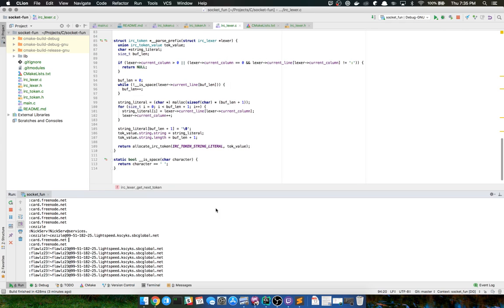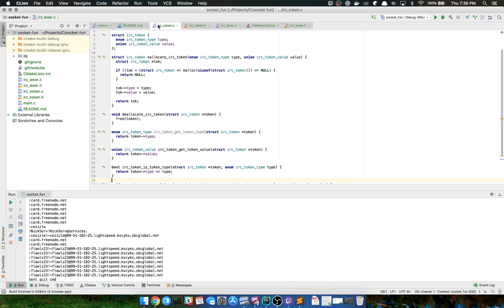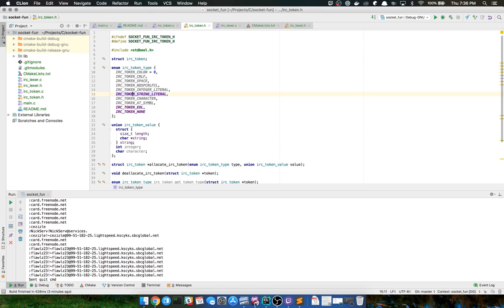Anyway, I want to get off my high horse on that one, and I want to do some quick cleanup work before I call it quits for tonight. So today I did string literal. This is fine. I'm going to leave this in here because we are going to come across an instance when we're parsing messages where, according to the spec,